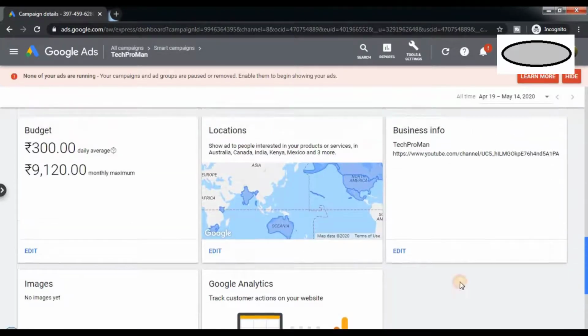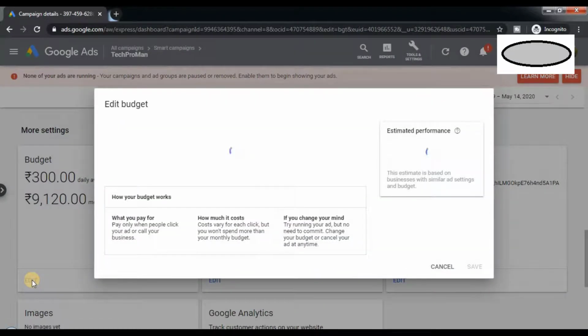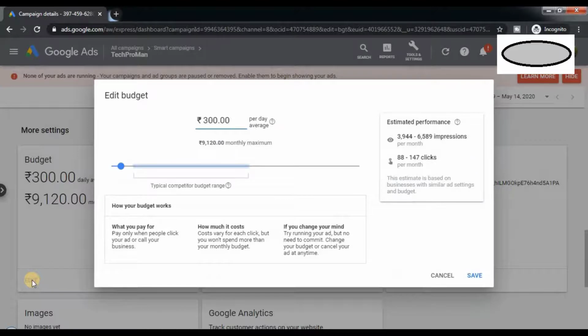And one more thing, if you want to edit the budget, you can go there by clicking on edit and changing the budget. Google also recommends the typical competitor budget range for the given keywords and the niche. But since I was testing, I just kept it at 300.